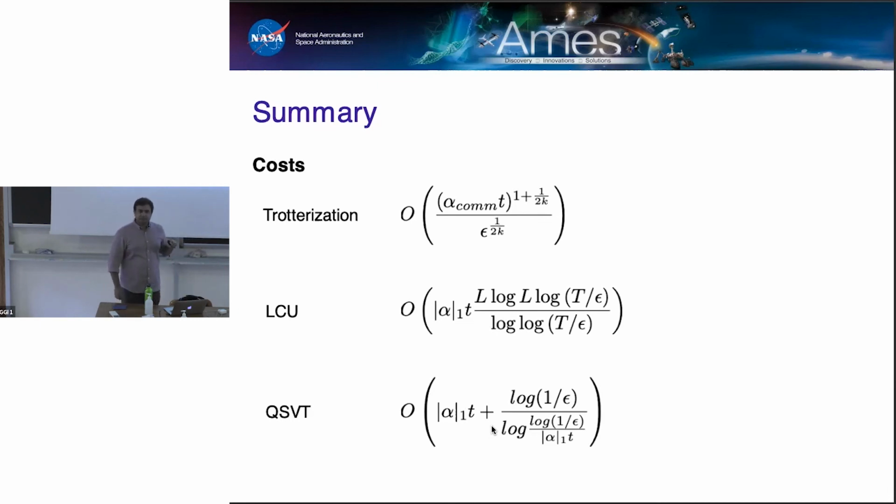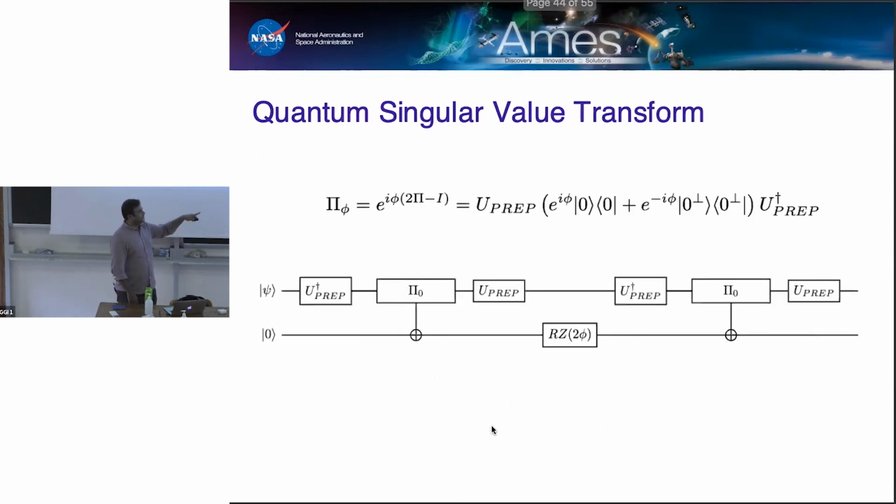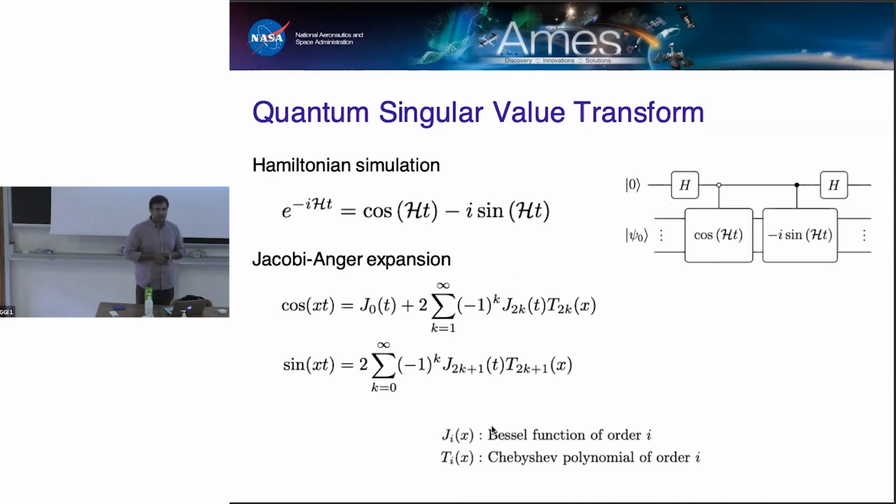Yes? You mentioned that it has optimal query. Yeah, exactly. But there is a catch, because I talked about query complexity. One thing I did not talk about is what the phi's are. You need to also figure out, for your particular transformation, what those angles phi have to be. Remember that the theorem only tells you that there exists some tuple of phi values for which this is true, but you have to do some numerical work in practice to actually achieve your target.